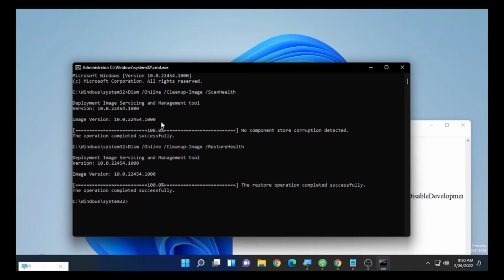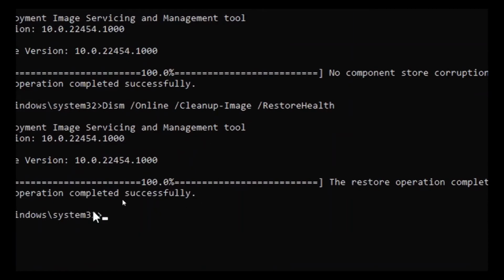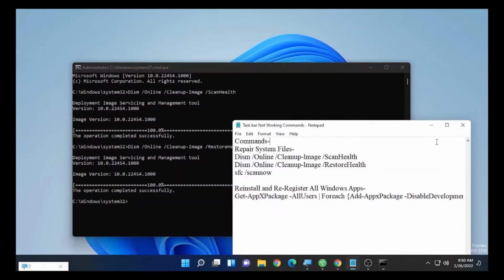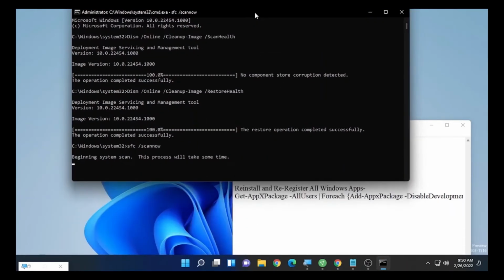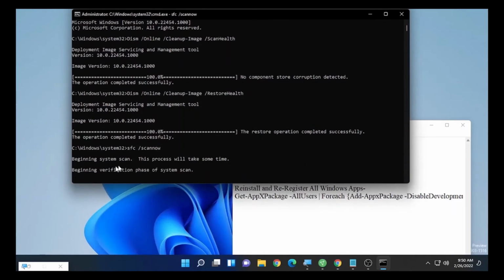Now the third step is processing the SFC scan now. So to start the SFC scan now, select the SFC scan, as you can see here, then copy, then paste the SFC scan now and press enter. Then it will start the SFC scan now and it will process, and wait patiently until it finishes